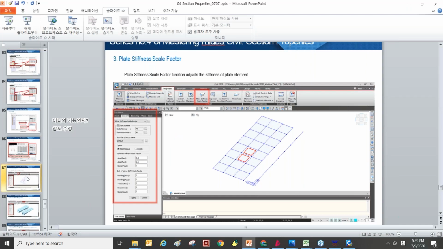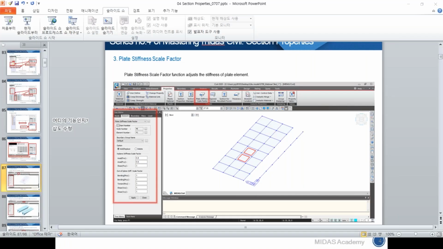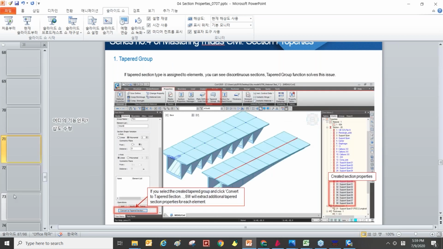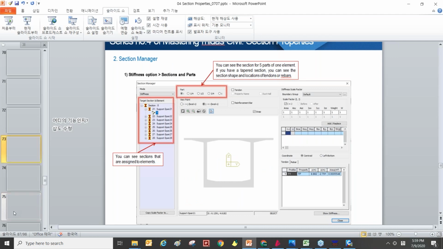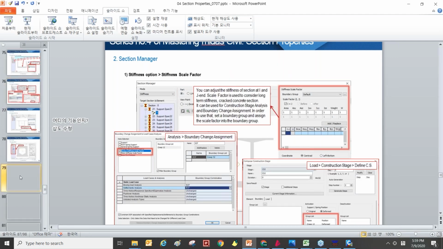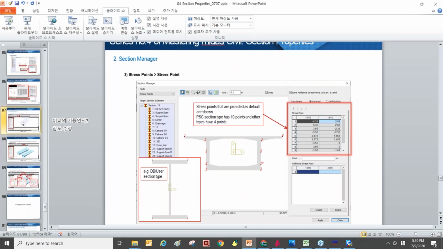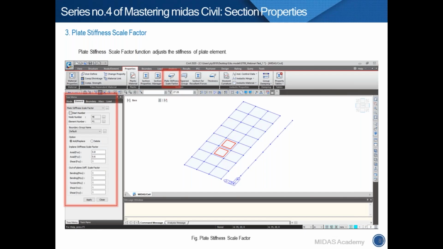Okay, let's see the main part with the presentation. Okay, the third one is plate stiffness scale factor.